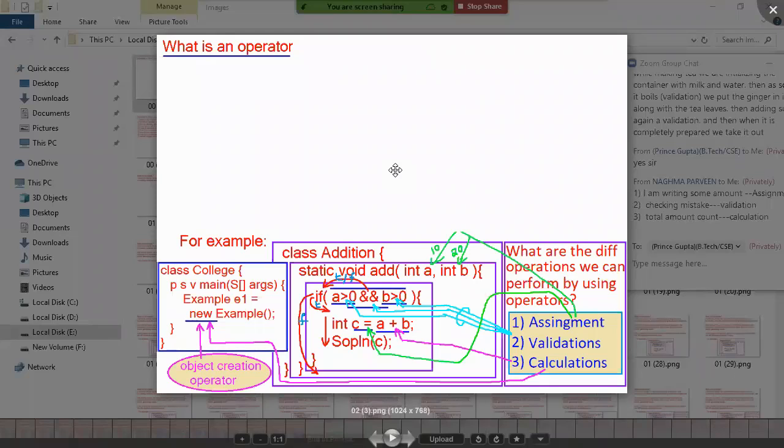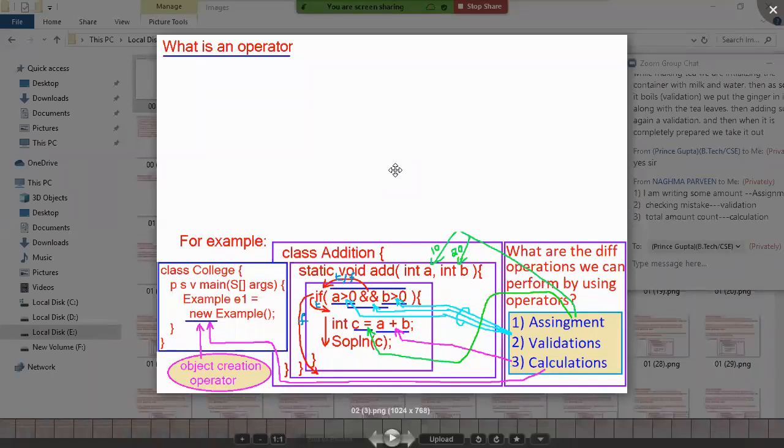Look there. Now, greater than is an operator. Double and is an operator. Single equal to, assignment, is an operator. Plus is an operator. New is an operator. Carefully look at these statements, you will realize a very important point. Greater than, double and, equal to, plus, all are what? Symbols, right? Symbols that have some operations in the background. A symbol is associated with some logic in the background.